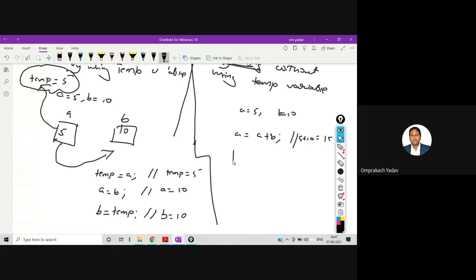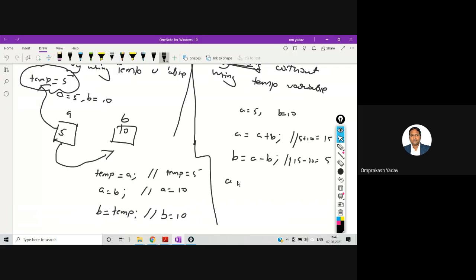Then I am saying b is equal to a minus b. If I say b is equal to a minus b, inside b what I'll be having? a is now 15, 15 minus b is 10. So this will give me 5. So inside b I'll be having 5.